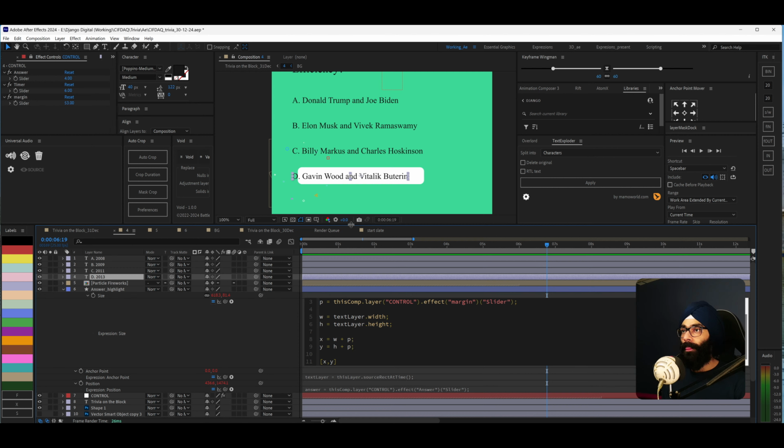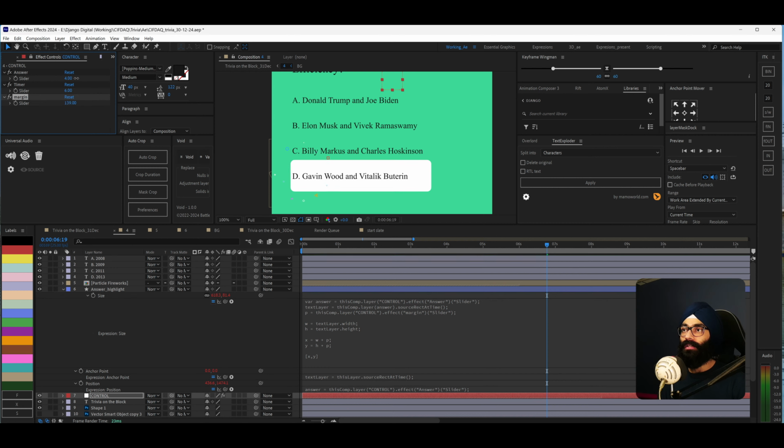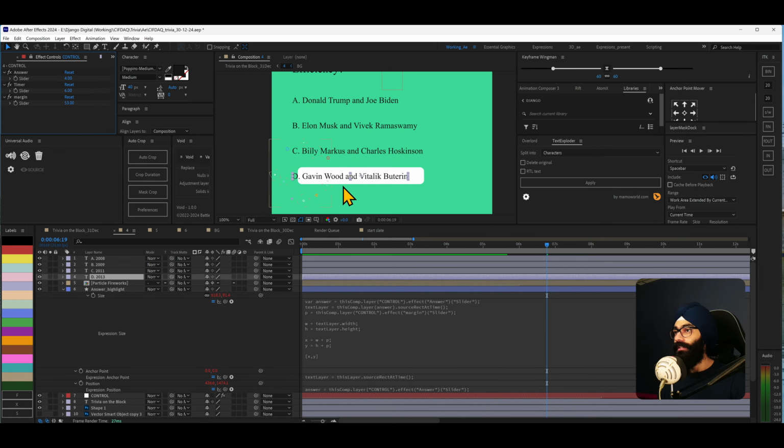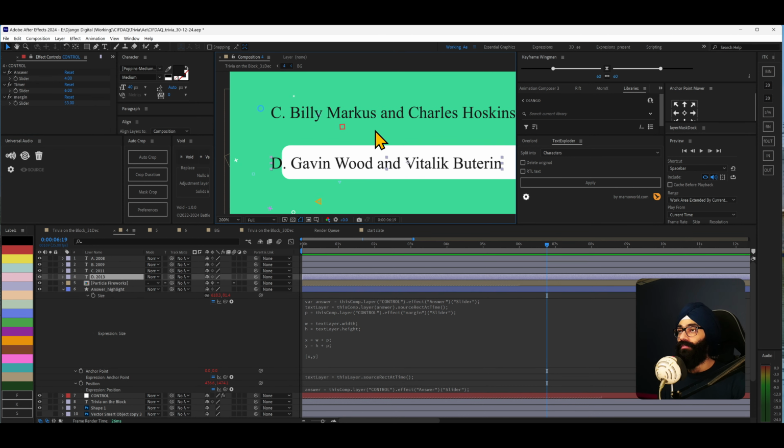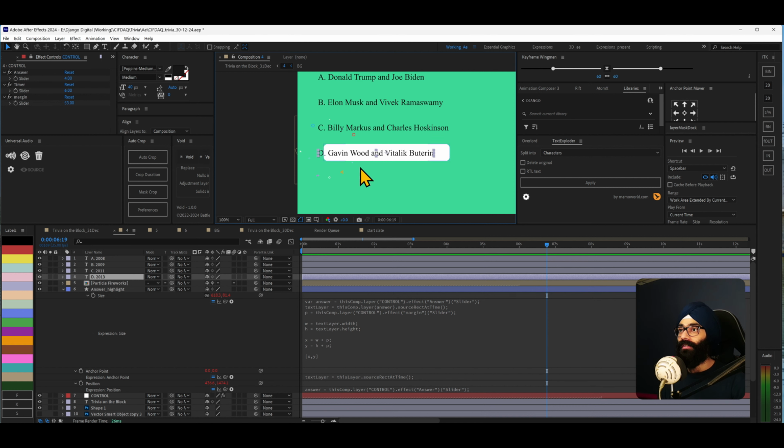This is to have your rectangle be exactly the size of the text with the margin, which is p. So if I was to come in here and increase the margin, you will see it will proportionately increase the whole thing because we've added p to both x and y. This looks ugly at the moment, but it's because of the font, so please forgive me for that. If the font was good, let me show you.